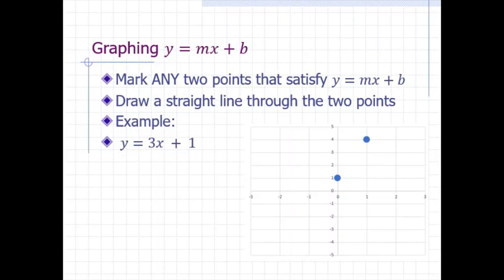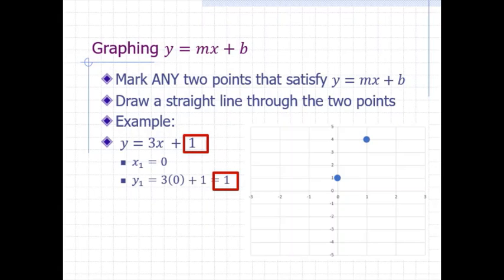Here's the Cartesian coordinate system with 2 points that satisfy the equation. It's usually convenient to choose x to be 0 for one of the points. That's what we did here for point number 1. x1 is 0. Then we calculate y for point number 1 as 3 times 0 plus 1, or 1. Here's point number 1 marked on the Cartesian grid. It's at x equals 0 and y equals 1. Notice that it is on the y-axis since x is equal to 0. It's where we expect the line to cross the y-axis, since our y-intercept b is 1.